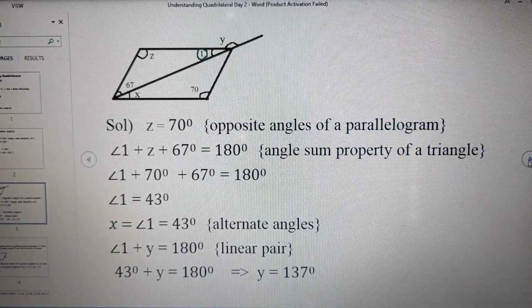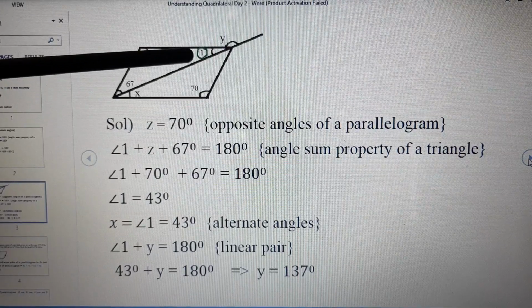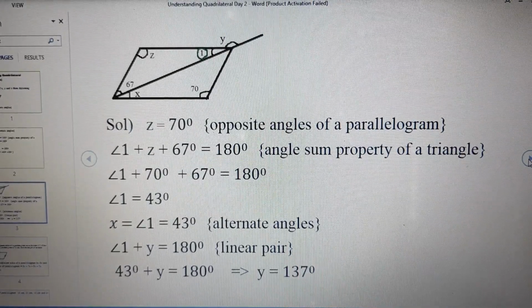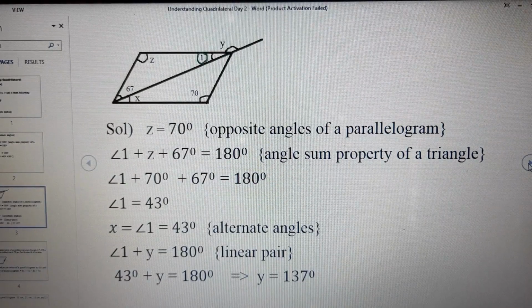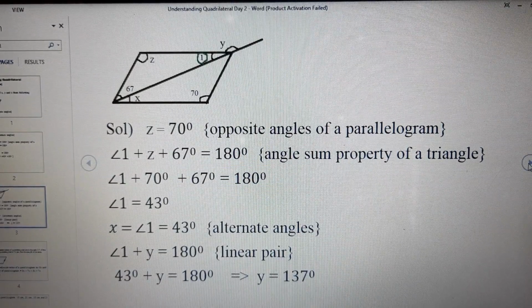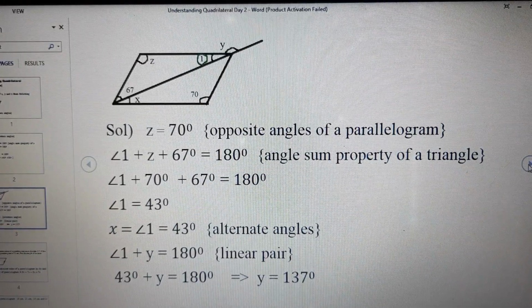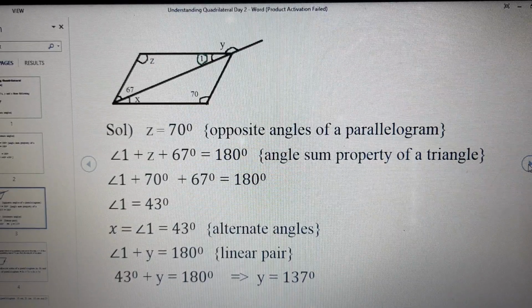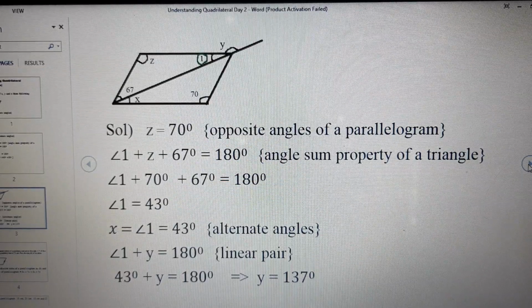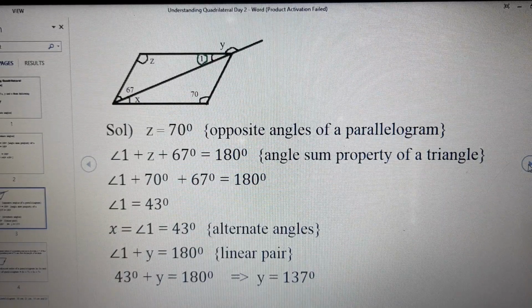Are you getting it? If you can see, I have marked angle 1 with the green circle over here in this diagram. Angle number 1 and y, they are a linear pair. Okay, because they are lying on a straight line, and they are adjacent also, so they are a linear pair. Angle 1 plus y is equal to 180 degree. But what to do? We do not even know angle 1. So how can we calculate? So for now we can leave it. Fine.